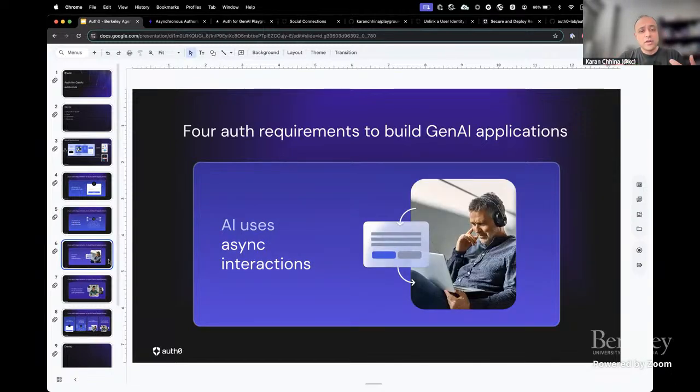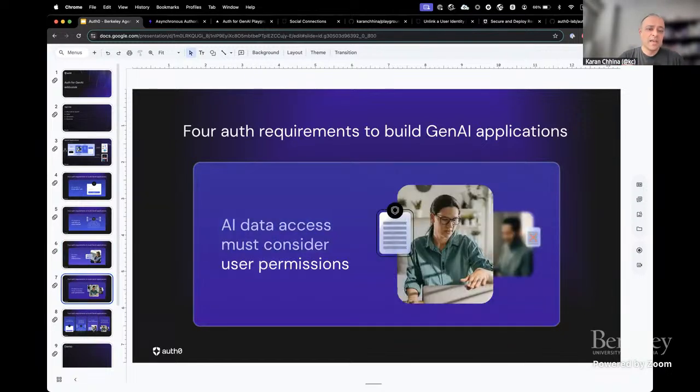Then asynchronous interactions. This is where an agentic app that might be running in the background now needs some kind of human approval process, needs to reach out to a human and get that approval. That is another one of these requirements. And then finally,